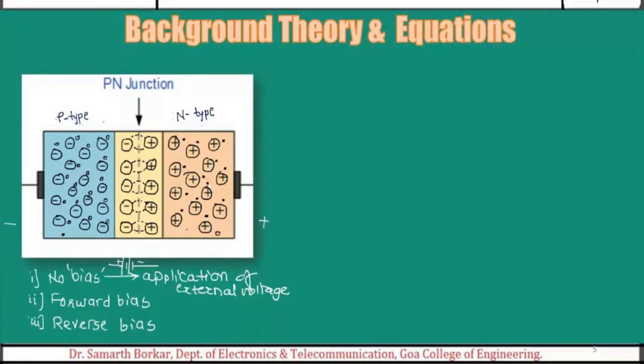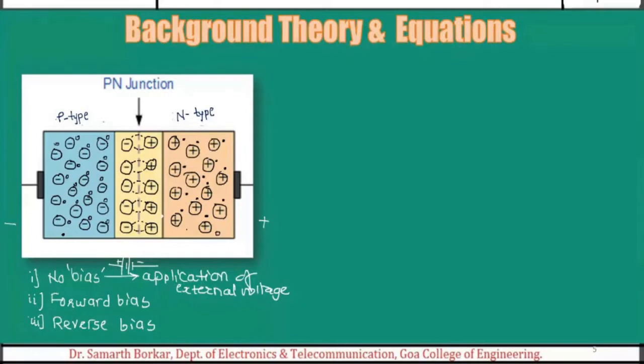Then we had discussed there are several steps in how it all happens. When we don't connect any separate excitation source or battery, still there is movement of charge carriers. And whenever we have the movement of charge carriers, it is referred to as flow of current. Here you see the first condition, wherein we are not applying any bias. This diode is kept, say, on a table, but still, on the P side the majority charge carriers are holes, and in the N region the majority charge carriers are electrons.